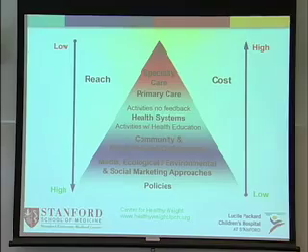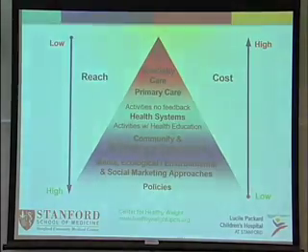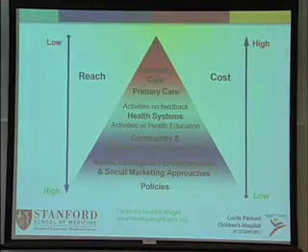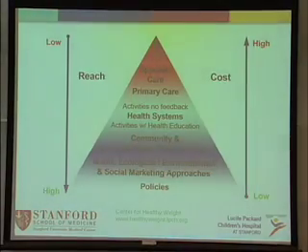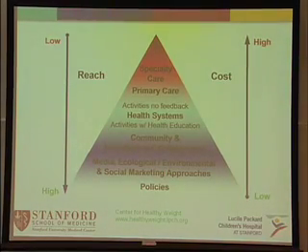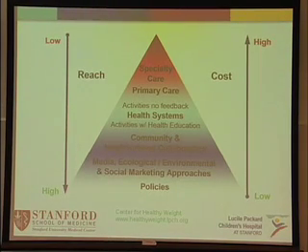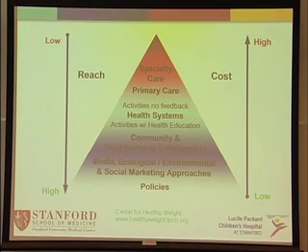Starting at the bottom, through health policy, we can influence a large number of people, basically reaching everyone, and moving up, looking at media, social marketing, ecological and environmental changes, working at the community and neighborhood level, and then you start moving into the more traditional health systems, incorporating health activities and health education, primary care, and specialty care. And I'm proud to say that I think at Stanford we span this pyramid very well. Today we are going to be focusing on the blue tiers, but this is not a passive discussion.